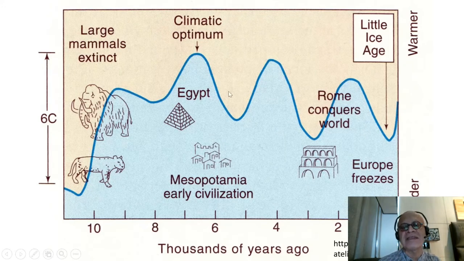This is looking at the climatic optimum with the rise and expansion of the Egyptian empire, culture, tombs, mummies, pyramids, and so on. And then came Mesopotamian early civilization. We will focus on this period here, where we are going to look at the warming and the cooling. So the Roman Empire expansion, and then getting hit by various climate issues. This scale is too coarse, but we will see a more detailed one in a minute.